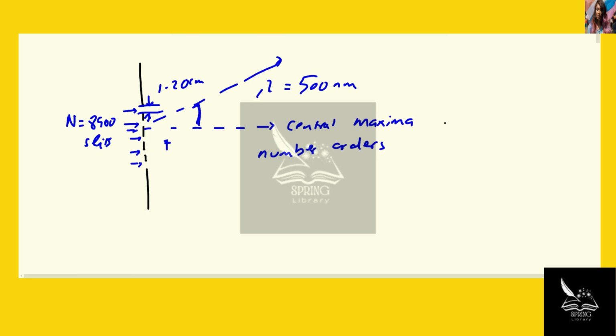N is 8,900 as given. W, which is the width of each one of these slits, is 1.2 centimeters. Lambda obviously is 500 nanometers. And we want to find the number of orders given us. And we know that d sine theta